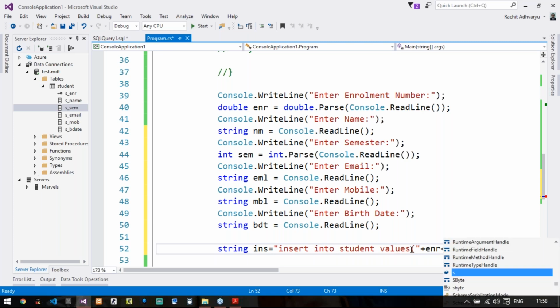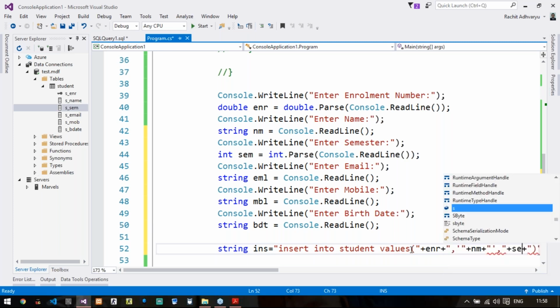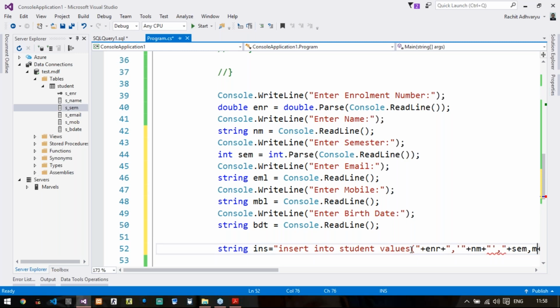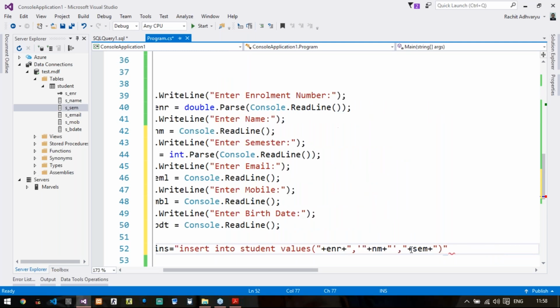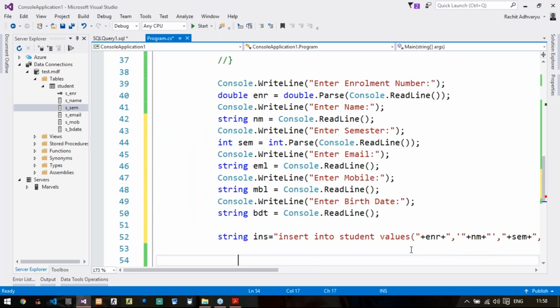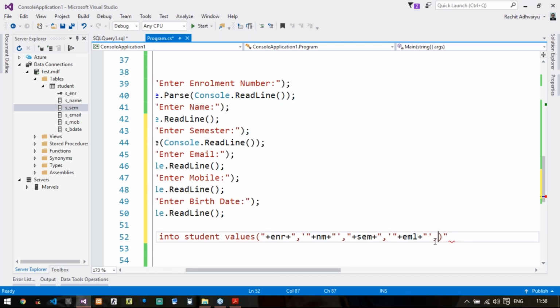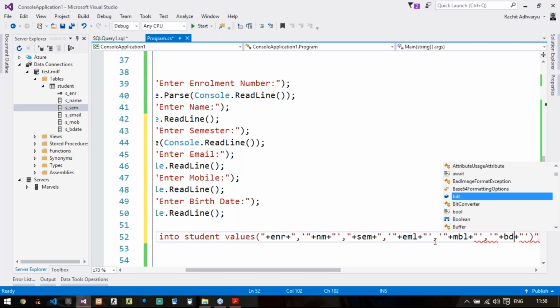The next is email, single quotes because it is varchar type, then double quotes, then plus, and the variable is EML. Then mobile, again a varchar type, so single quotes, double quotes, and plus, and the variable is MBL. And the last is BDT, that is date type, so again single quotes, double quotes, and plus, and my variable, that is BDT. So our query is ready.